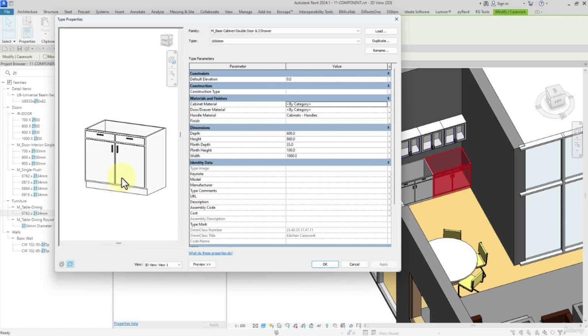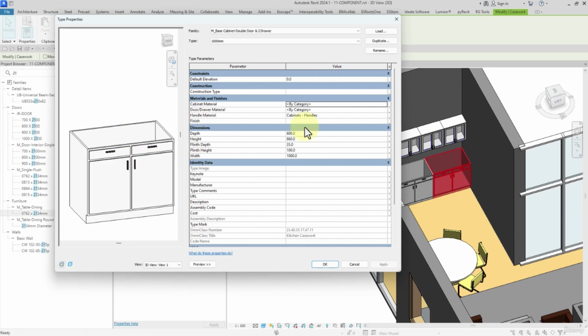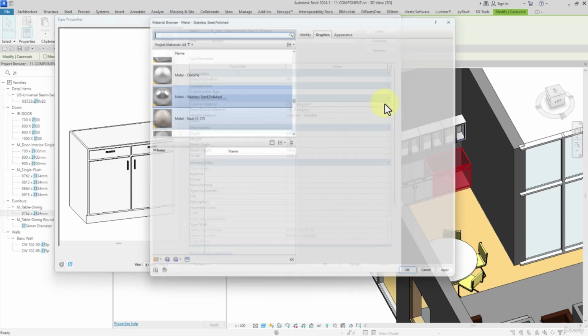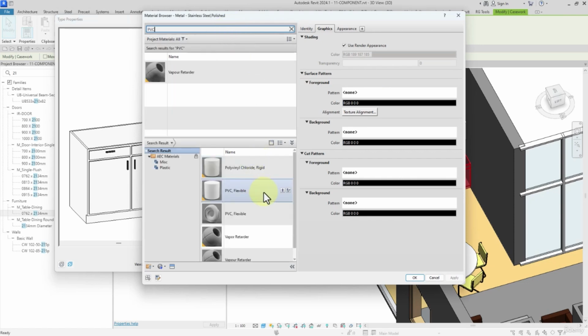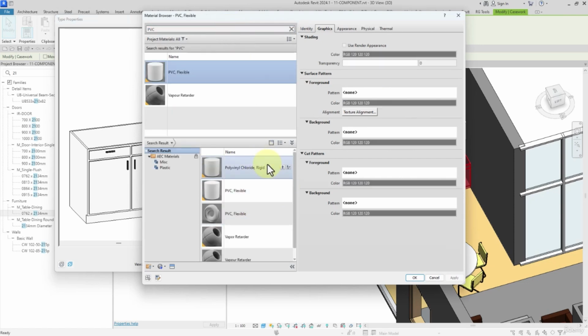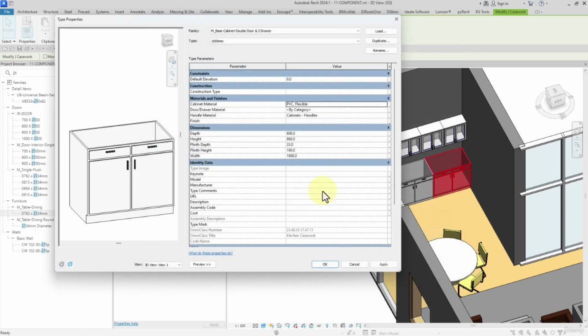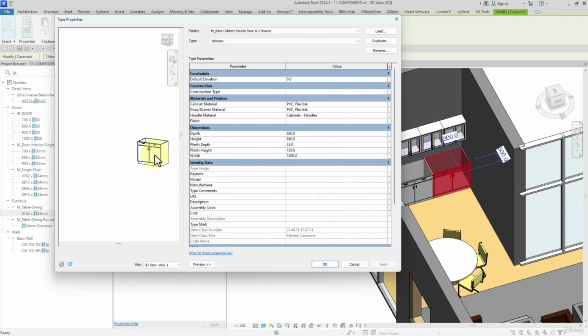I set it to texture, visual style, and also I can specify materials to handle material, door or drawer. Here I search for PVC, flexible, or use render appearance for the cabinet material and door. And then for the depth,